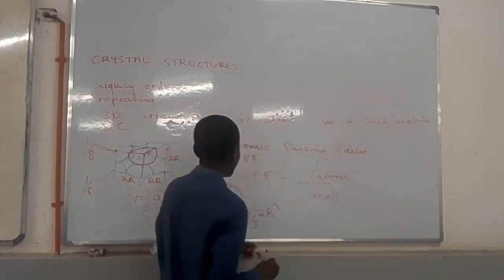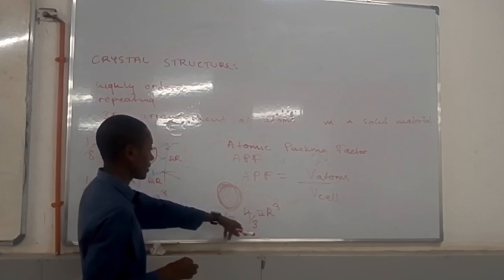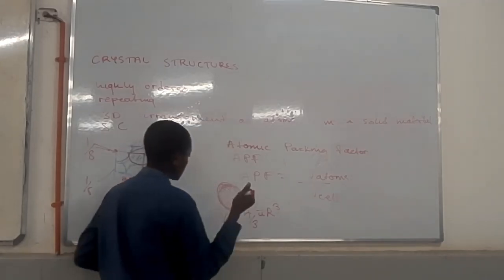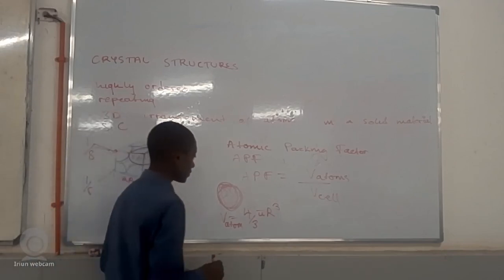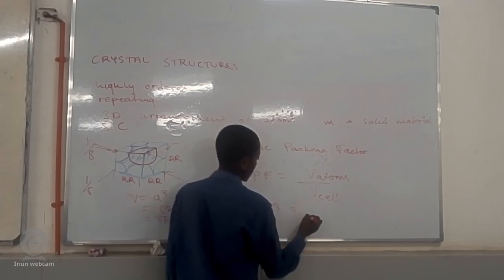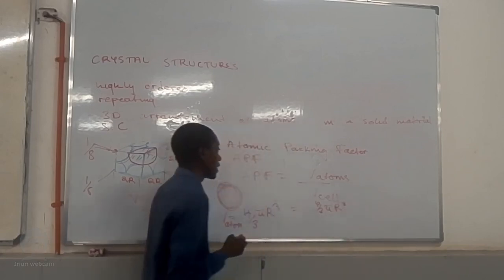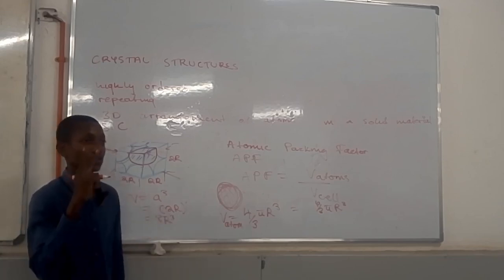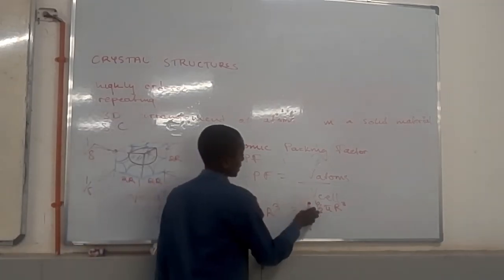Okay, anyway. So we're saying that the volume of a sphere is this one, right? And we are assuming that atoms are spheres. So in short, this is the volume of one atom. So here we are going to say that the volume, since we only have one atom, it's just going to be 4 over 3 pi r to the power 3. If this unit cell had two atoms, we would have taken the volume of two atoms. So we would have said 2 times that. But it's just one, so we just take 1